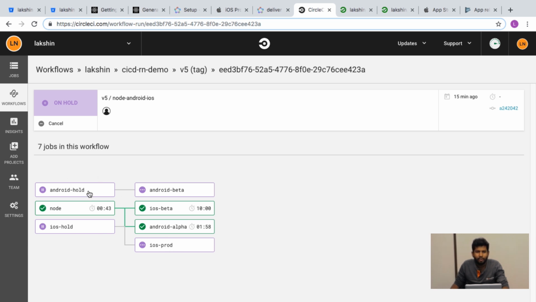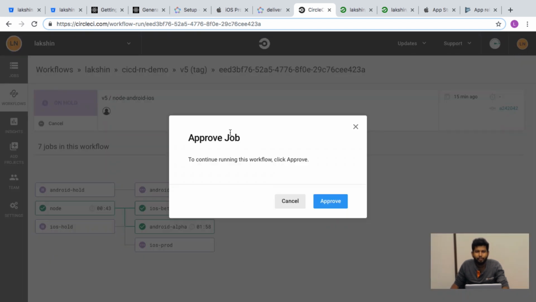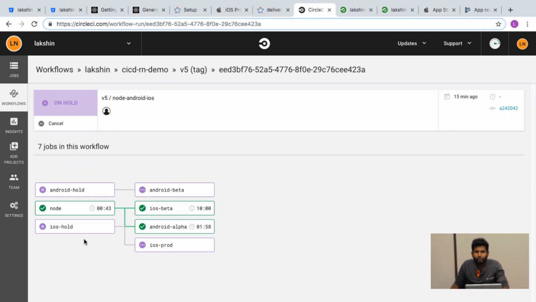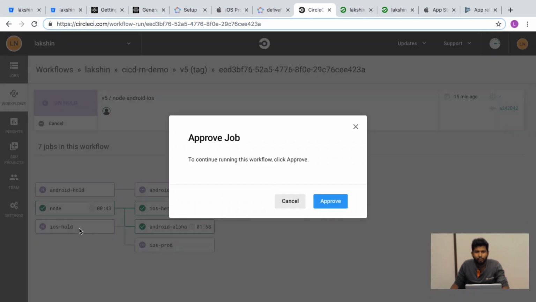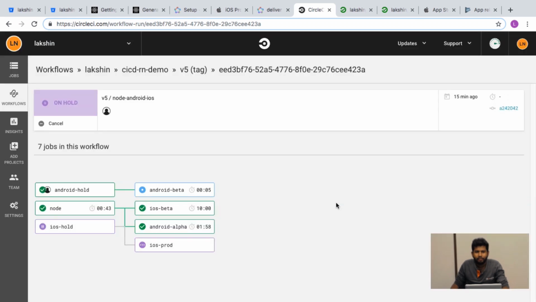I'm going to approve the Android hold to promote the alpha build into beta. So I'm going to approve the job, and I'm going to do the same with iOS, approve it. In iOS, I have specifically told it not to submit for review, but it will perform the pre-check command, which is to check whether everything is fine to be submitted for review. So we can go back to jobs,